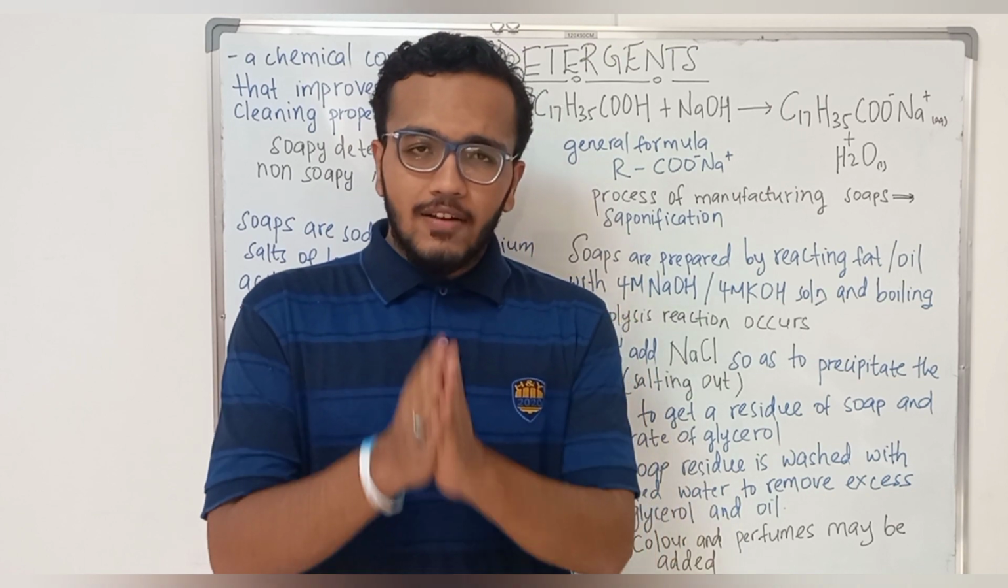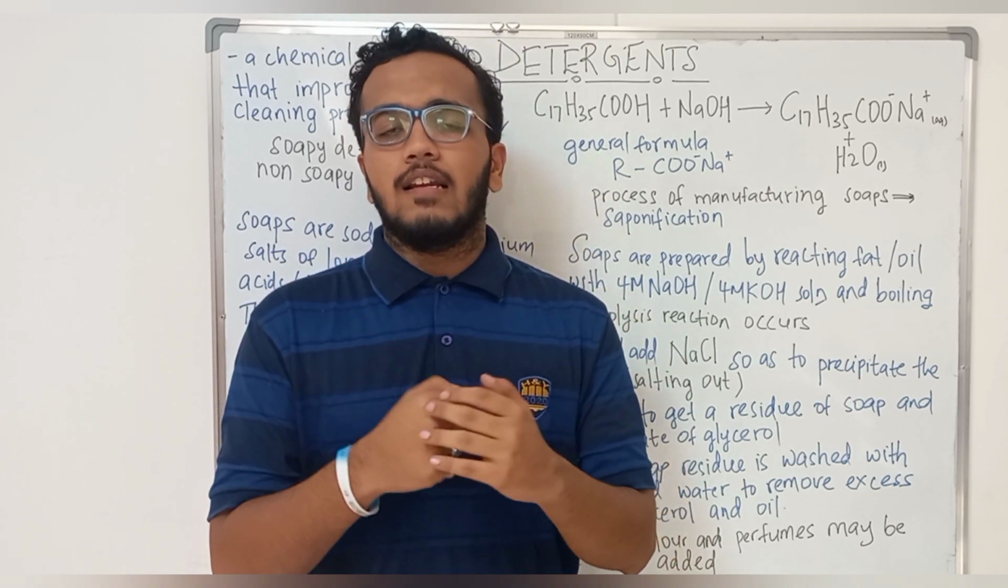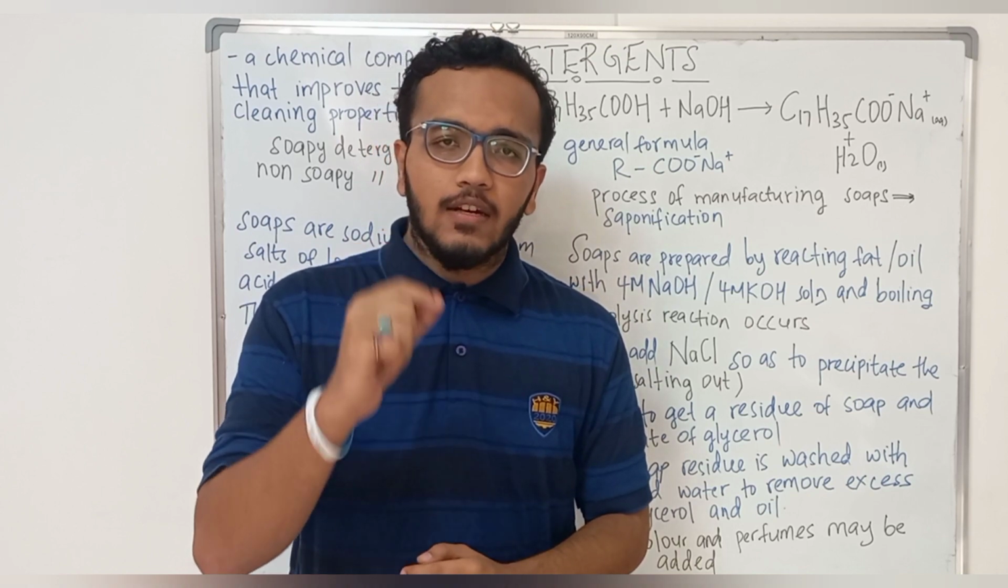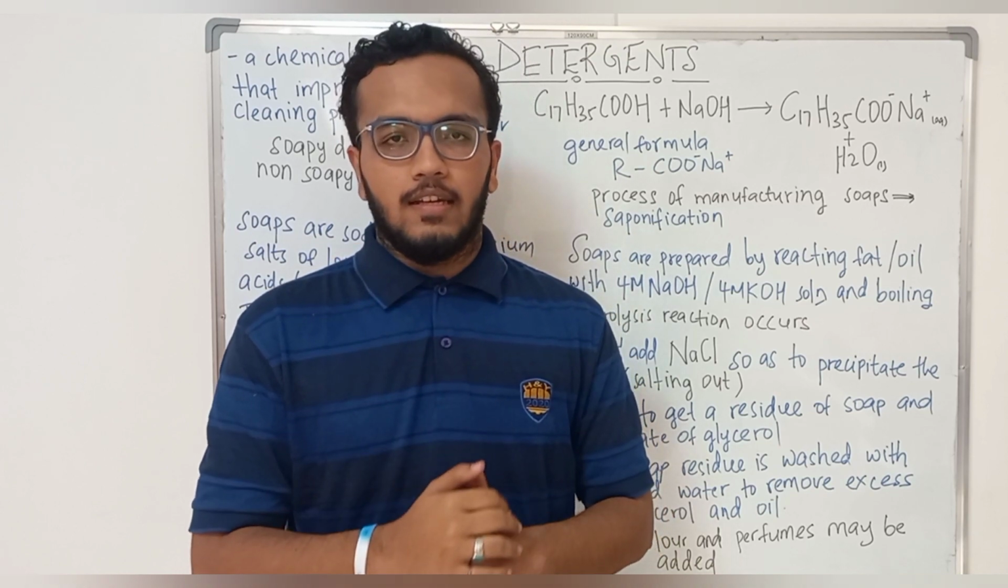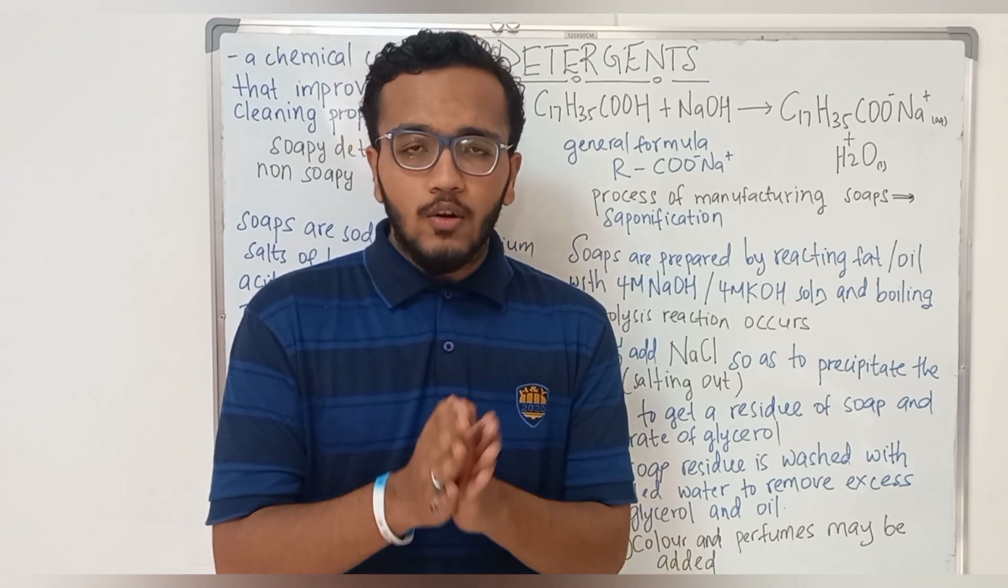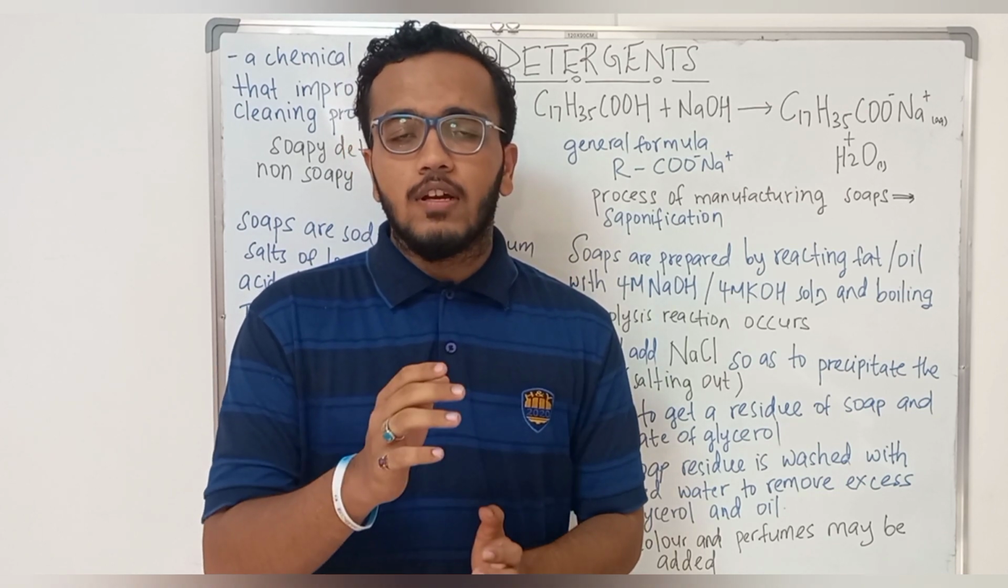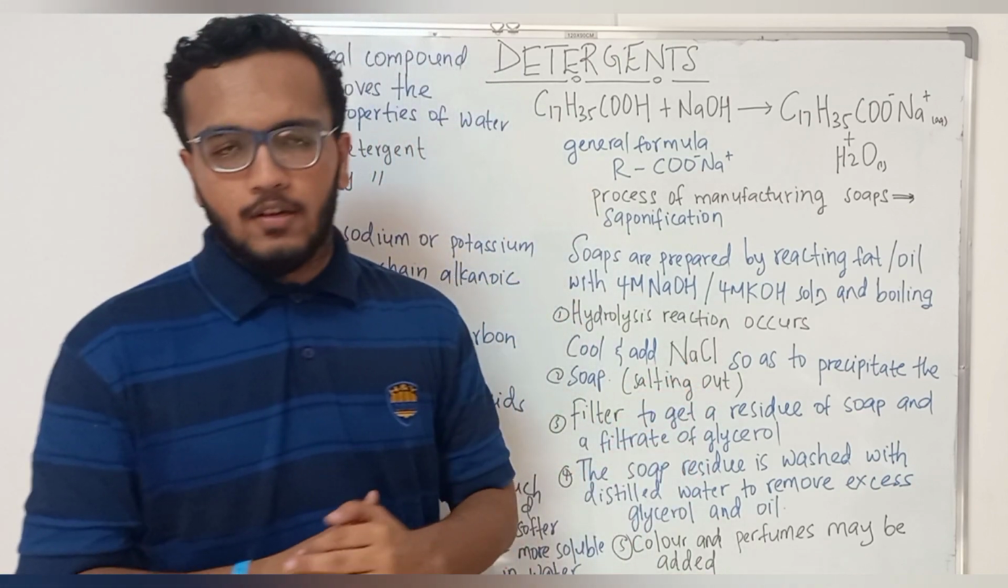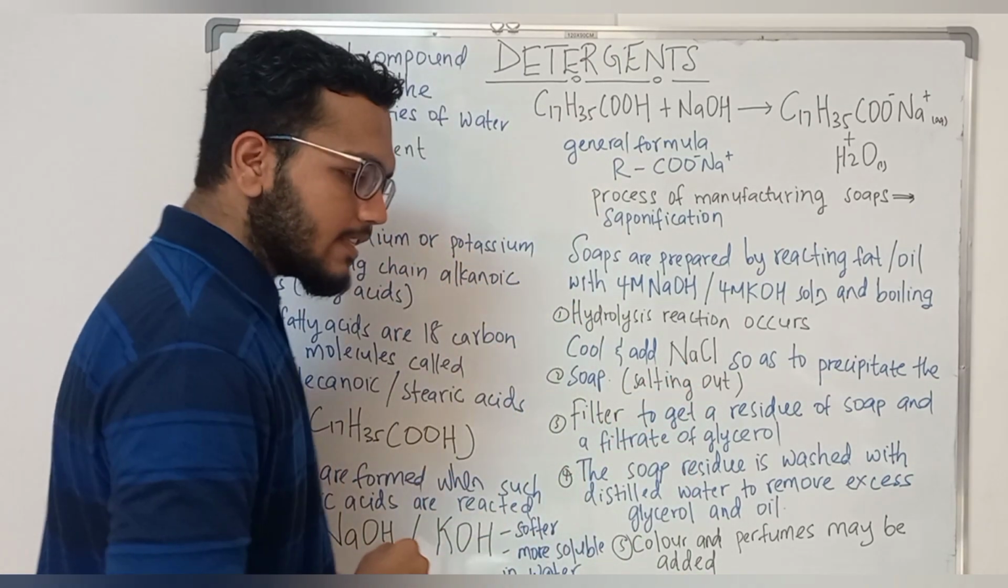Soapy detergents are formed when you react an alkanoic acid, a long chain alkanoic acid, with an alkali such as sodium hydroxide or potassium hydroxide. Now the long chain alkanoic acid mostly used is octadecanoic acid. Octadecanoic acid meaning